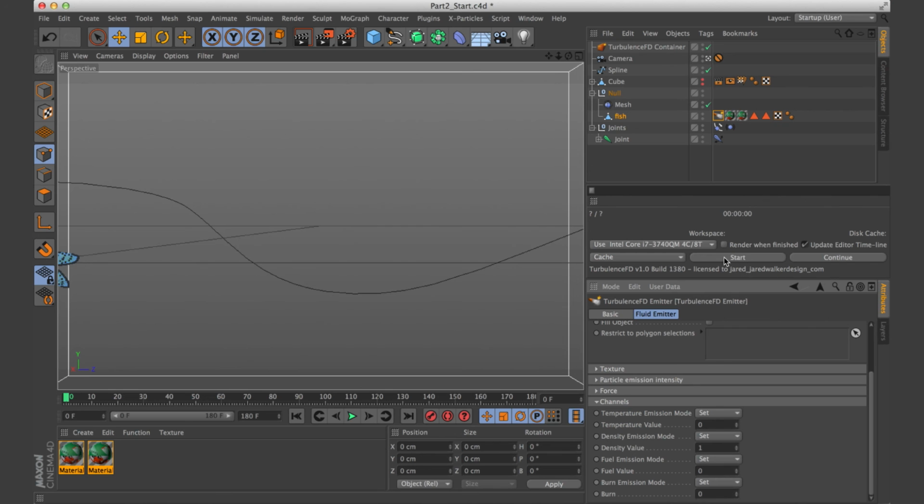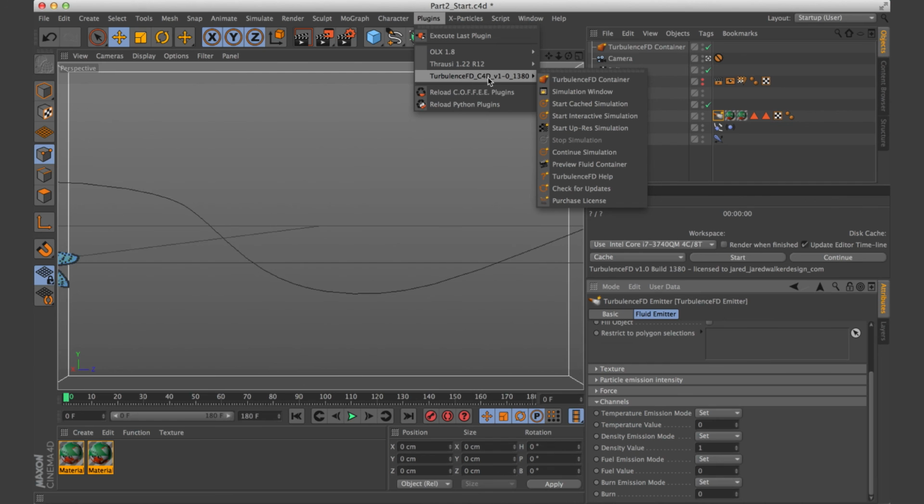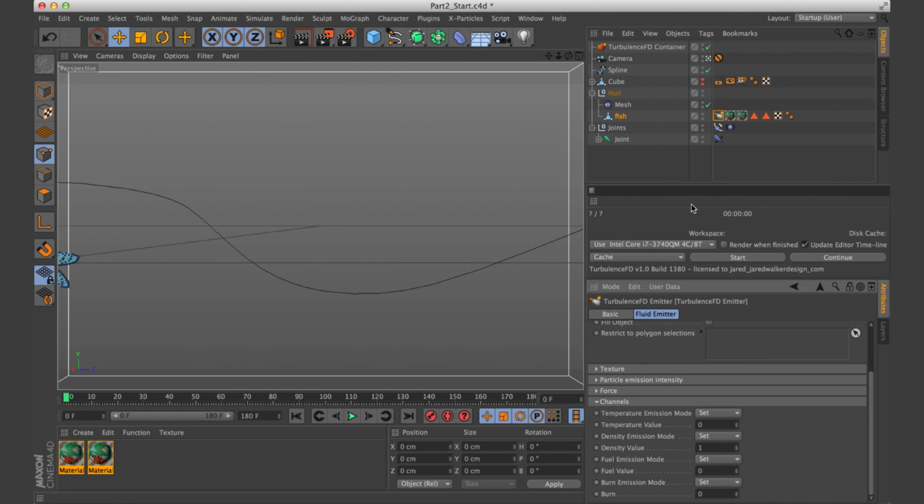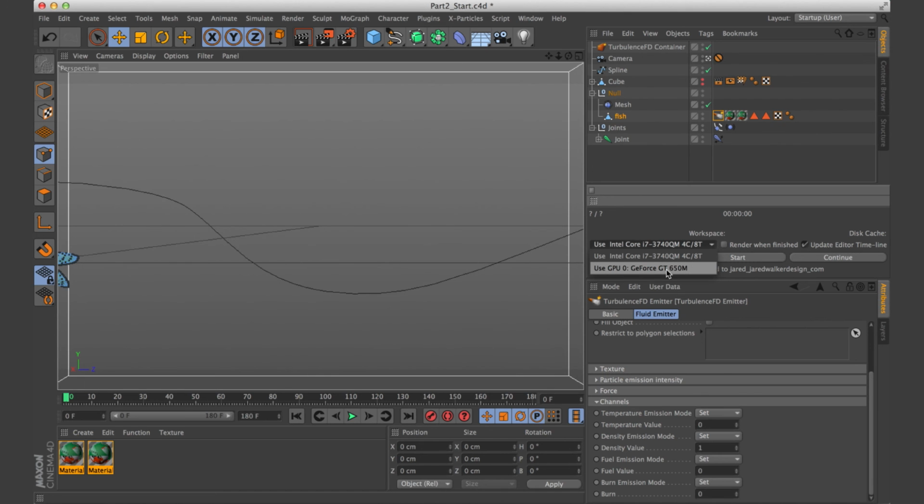And so if we go up here, and I actually keep this Turbulence FD window here in my interface, but if you guys don't have that, just go up to Turbulence FD and plugins and bring up the simulation window. And that's what this is. And in here, just really quick, you can choose between your CPU or your GPU.